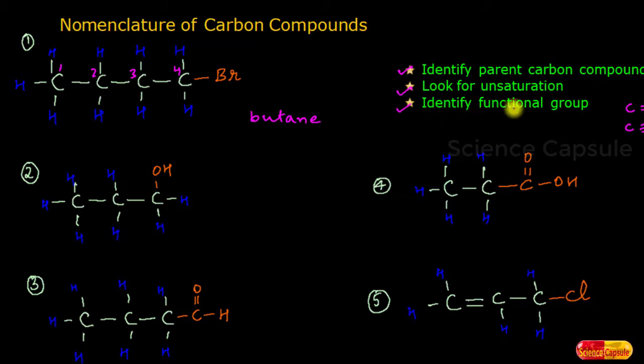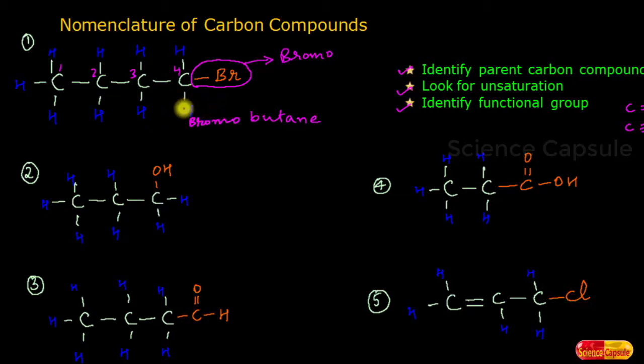Third step is identify functional group. This is one of the most important steps. Look at the structure very carefully. Do you find any functional group? Yes, we have got a functional group, that is bromine, right? After finding the functional group, you should know whether the suffix is used or prefix is used. In the previous section we have discussed halogen is the only functional group in class 10th where we are going to use prefix. So here in case of bromine, we will be using bromo as the prefix, isn't it? So here the prefix needs to be written as such before the hydrocarbon. So here the compound would be bromobutane. How simple, isn't it?